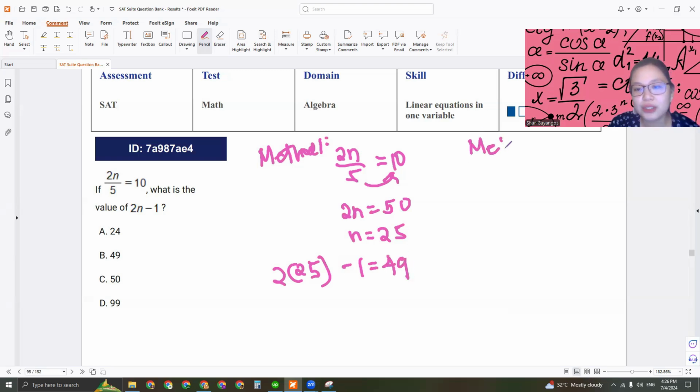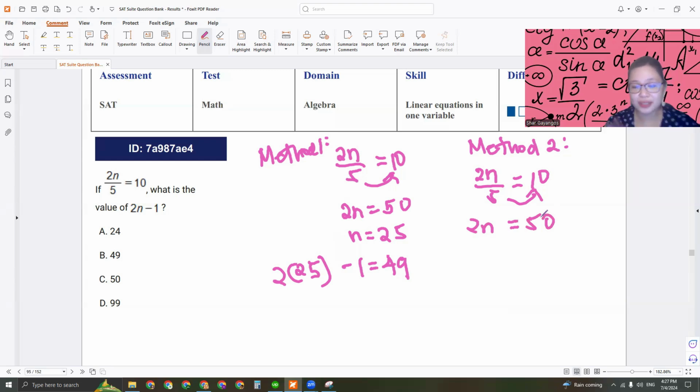Then here's method 2, and what I encourage you is to start reframing your mathematical mindset to being able to immediately think, oh, how can I make my life easier whenever I'm solving questions like this? So sometimes it helps to take a step back, right? Because at this point, if you've noticed, once you multiply both sides by 5, you have 2n is equal to 50. You can take a pause and